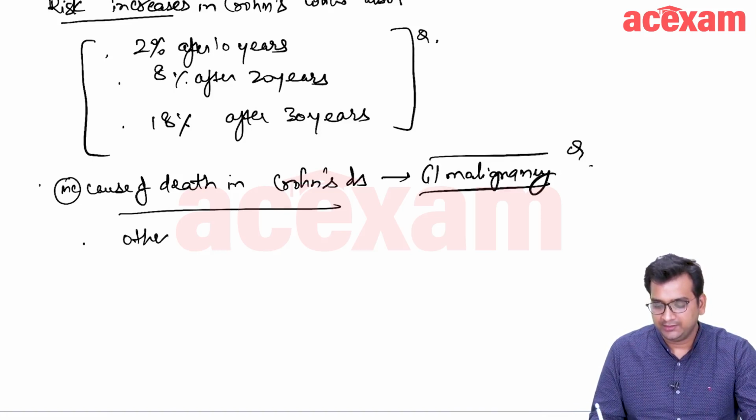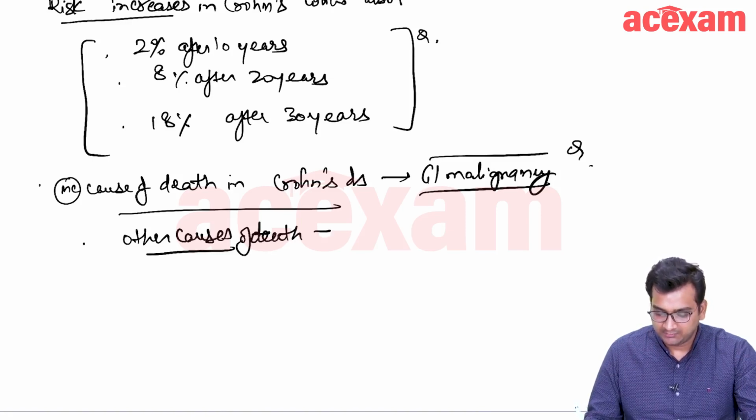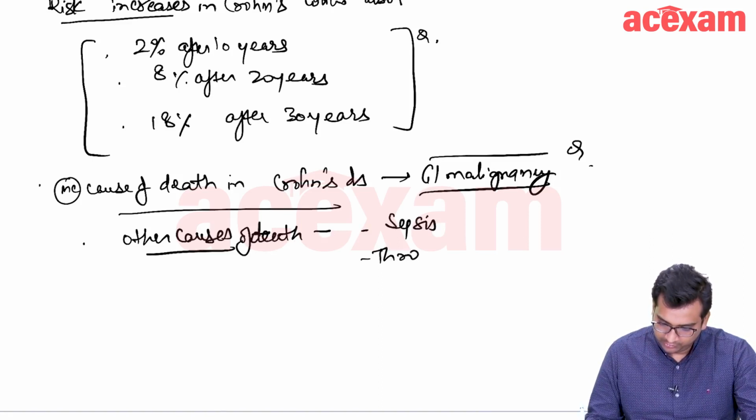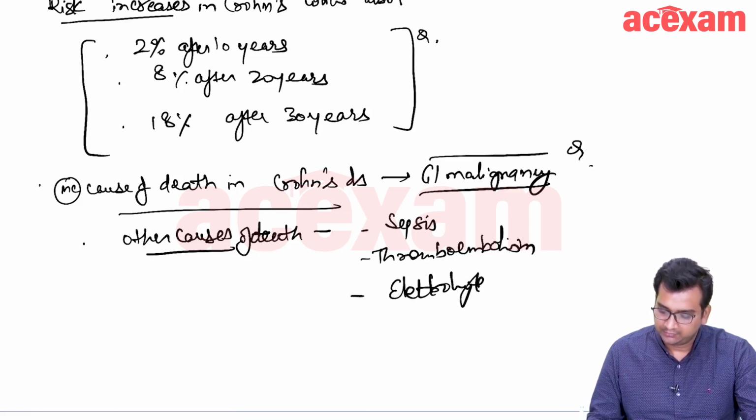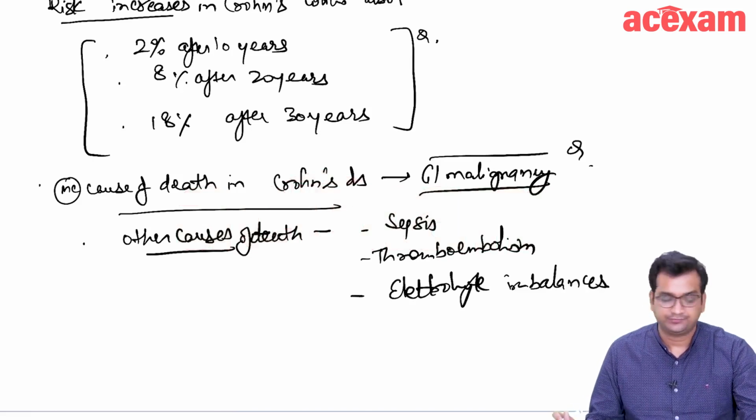Other causes of death can be sepsis, thromboembolism, or electrolyte imbalances. But the most common is GI malignancy. Now there is a patient